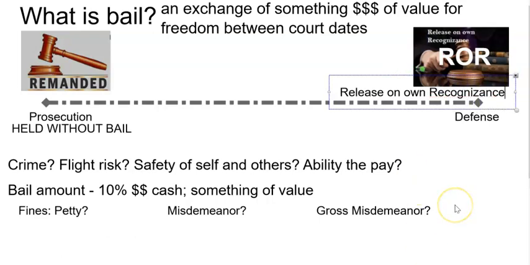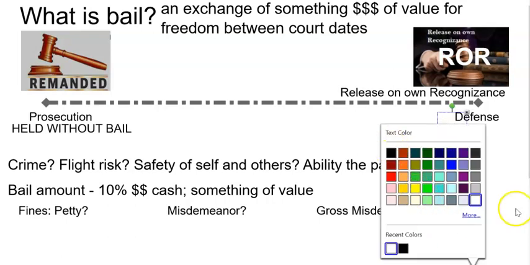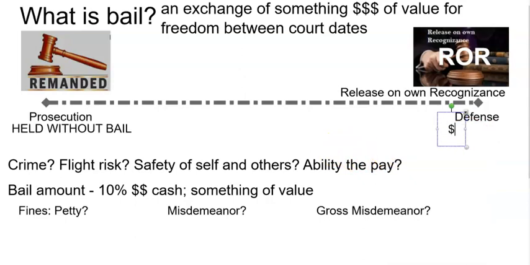And what this essentially means is that they shouldn't have to put up any money. We're referring to $0 because they can be trusted. Release on own recognizance simply means on their word. You can believe me on my word that I will return because I said I will. So I'm not going to put up any money.